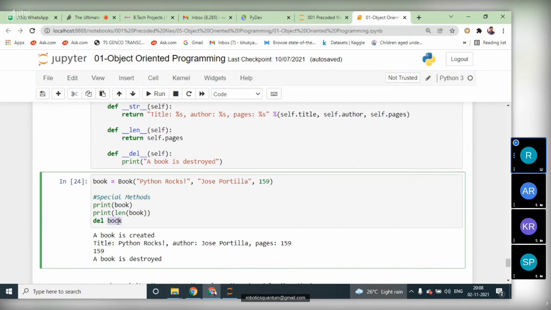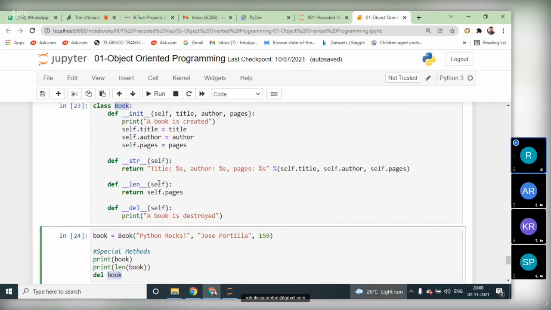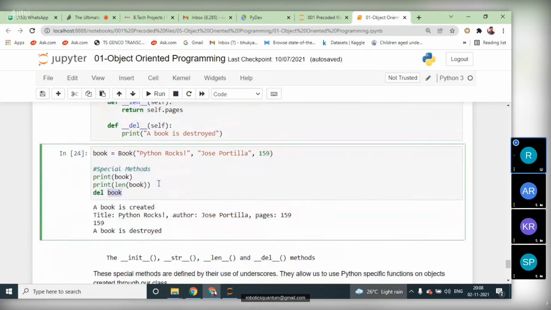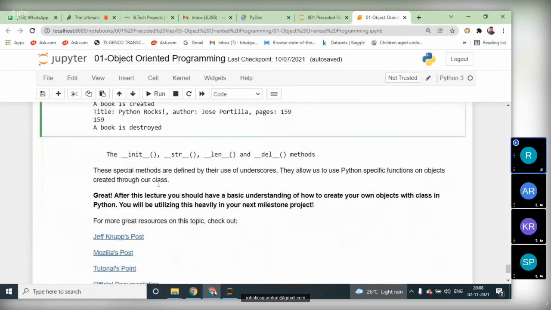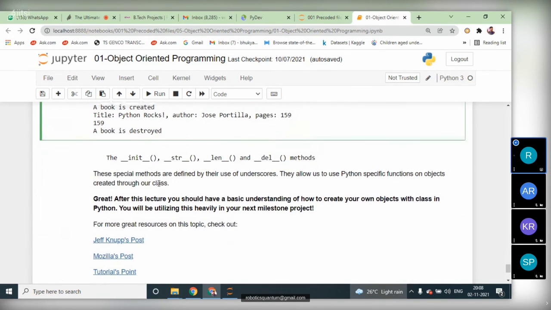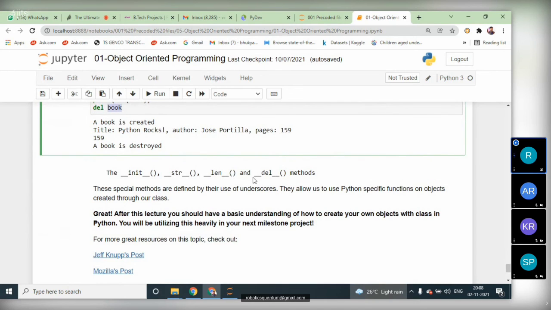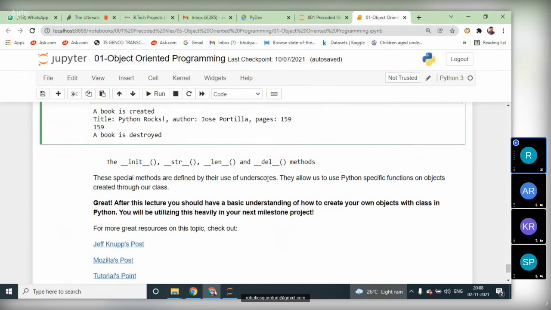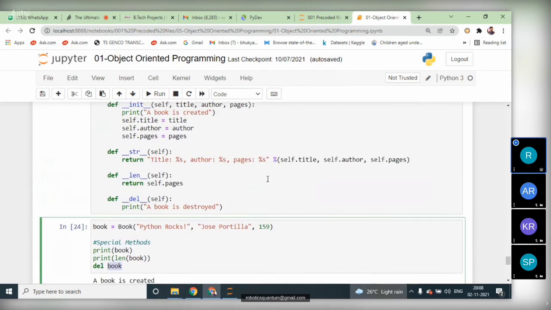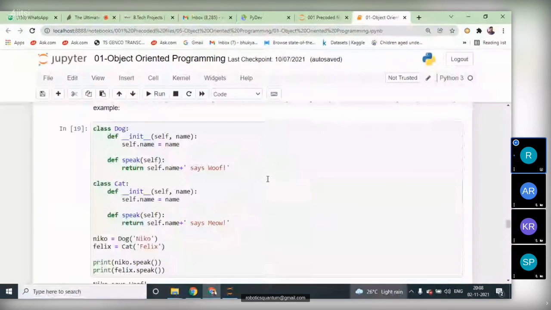When you delete the book with del, the information is deleted. Python has many such methods available, like __del__ and others.